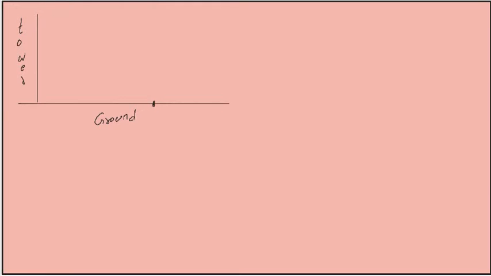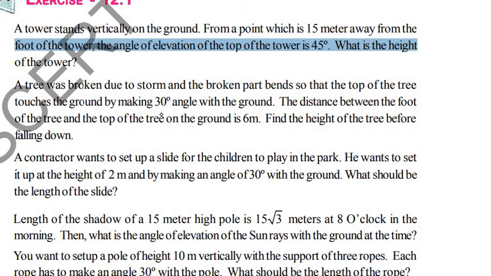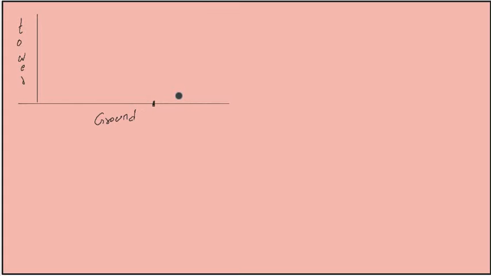So what he said is angle of elevation. How much is the angle of elevation? 45 degrees. Find the height of the tower. See, from here upward he is watching the tower. How much angle? So they are saying this angle is 45 degrees. This forms a triangle or not? How much this distance? 15. This distance is 15 meters.